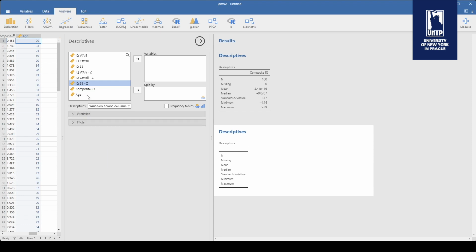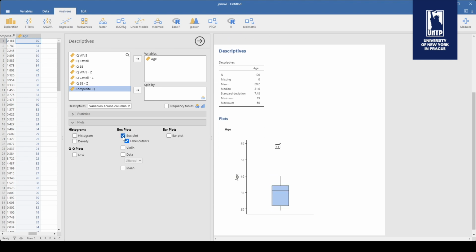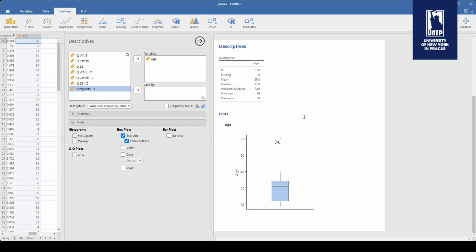Now, we want to create it for this variable over here, so we just add it over here. Now, we simply go to plots, and as you can see here, we have box plots. We just click here, simple as that, and we will have a box plot which will tell us how our